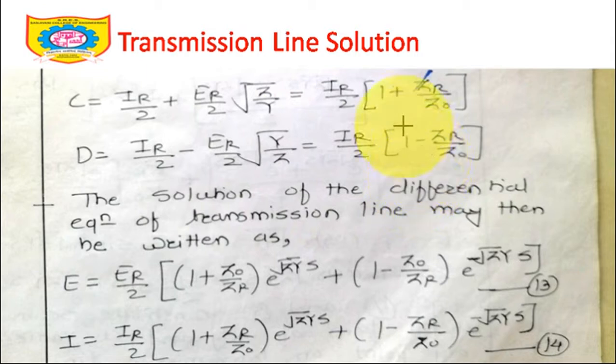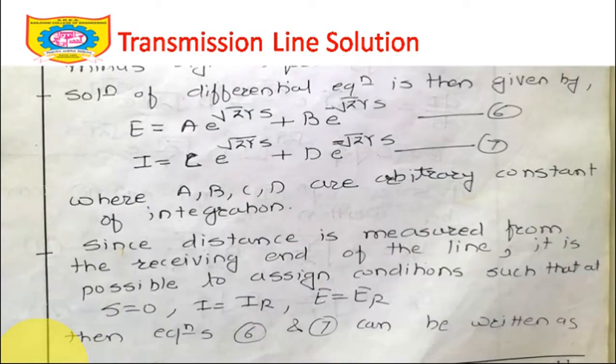Just try to put those expressions in and get the values of A, B, C, D. Now I have the values of A, B, C, D. We have solved the differential equation. Let's go back to the simultaneous solution of A, B, where we tried to solve. So something like this. Yes, this was our expression.